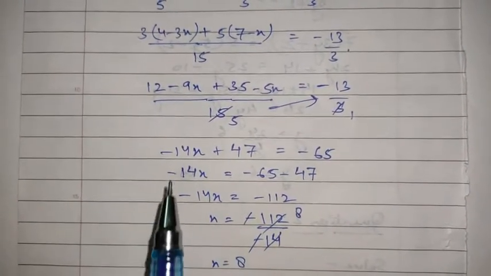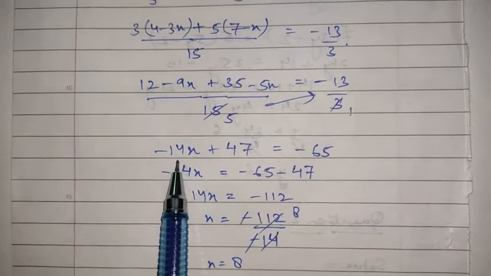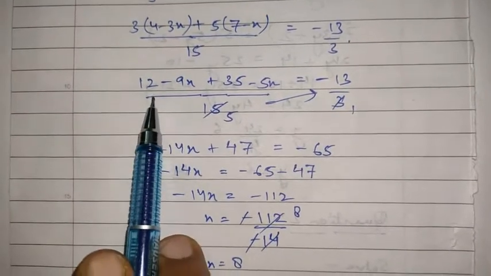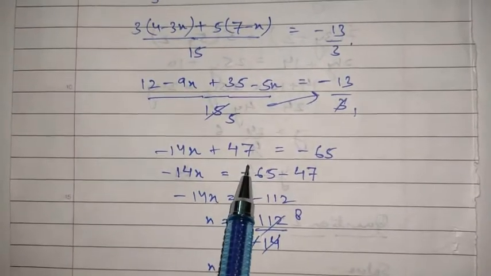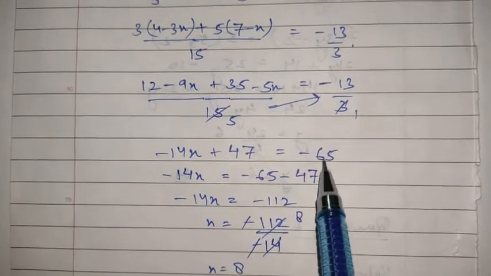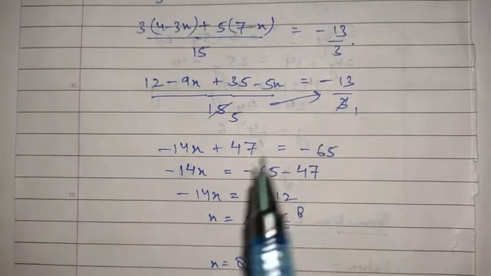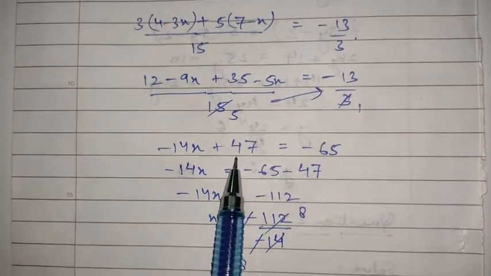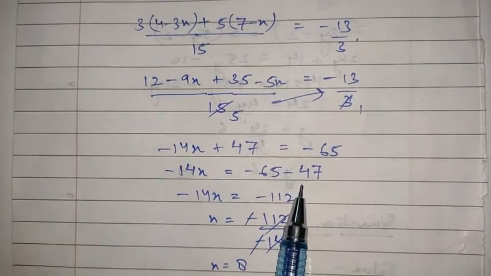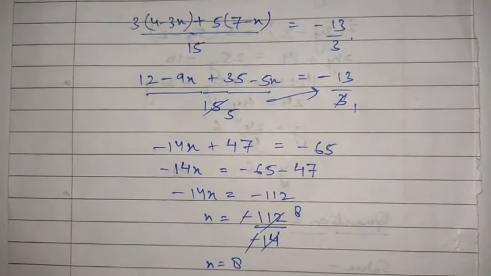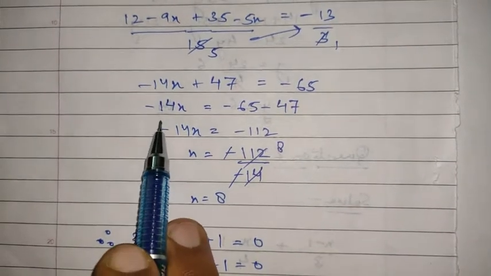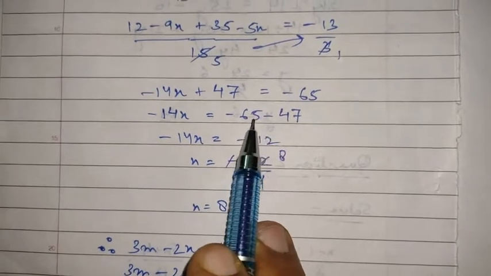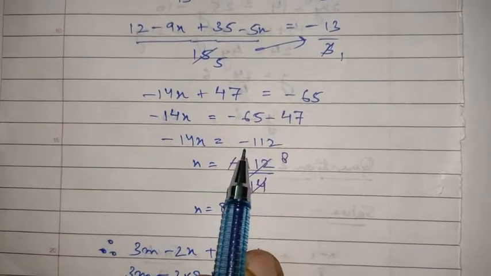Now the terms that are left in this entire equation are minus 14x, which we have got from minus 9x and minus 5x, and plus 47, which we have got from 12 and 35, equal to minus 65, which we have got by cross multiplying these two terms. Now again there are two like terms over here, so I'm going to bring this plus 47 to the other side, which will become minus 47 because on transposing the sign gets changed. So the next line of this equation will be minus 14x is equal to, minus minus is again plus, so 65 plus 47 will give us the value minus 112.